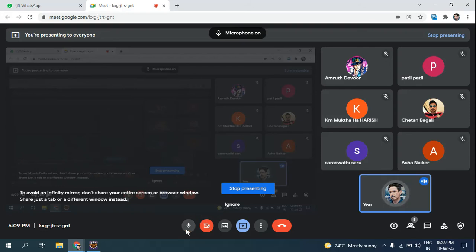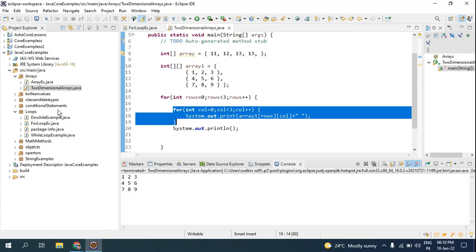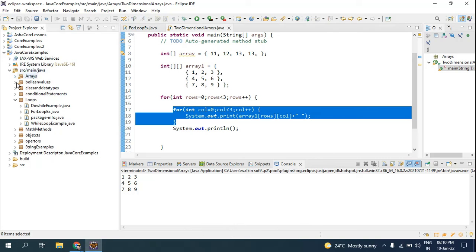When I say method, it is a block of code which only runs when it's called. Suppose you only pick up the phone if someone calls, like answering an unknown call. Like that, a method is a block of code and it runs only when it is called. So we shall create a new package and see with these examples how the method works.